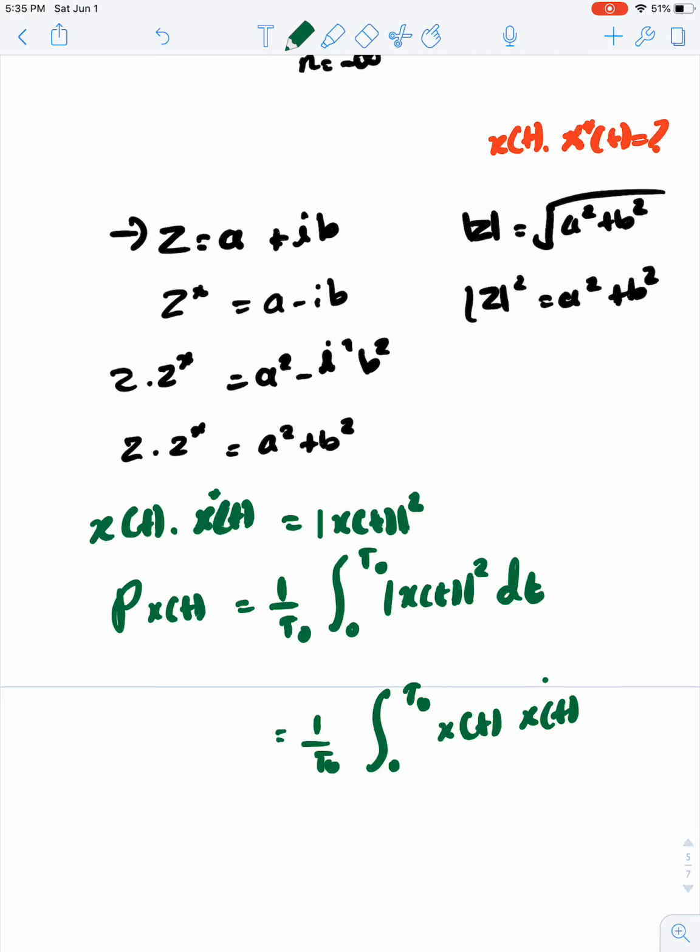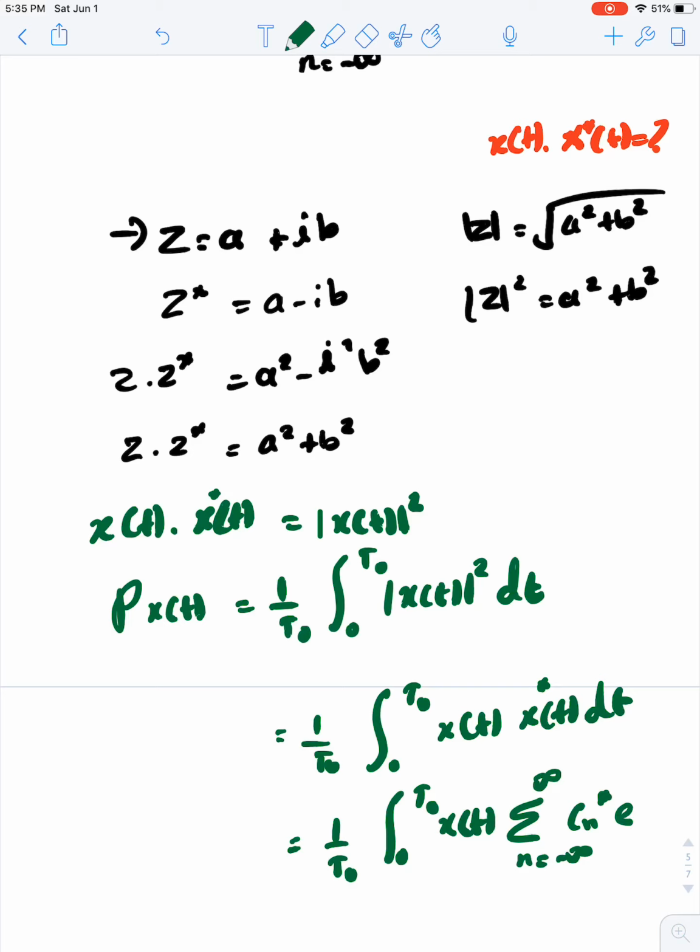Now we will rearrange this and we have summation n equal to minus infinity to infinity Cn conjugate, 1 over T naught integration 0 to T naught signal x(t) multiplied by e power minus j n omega naught t